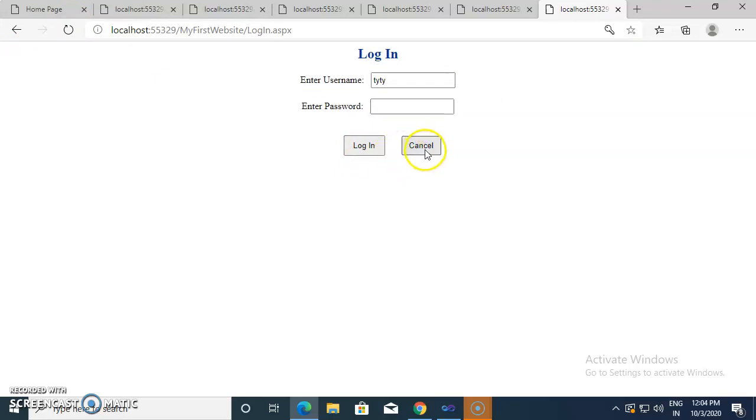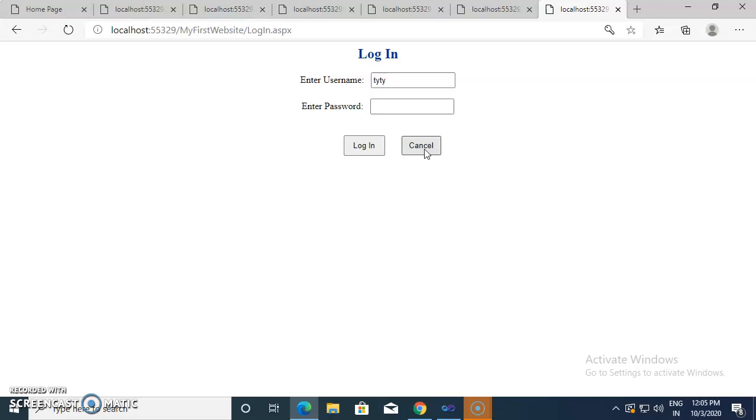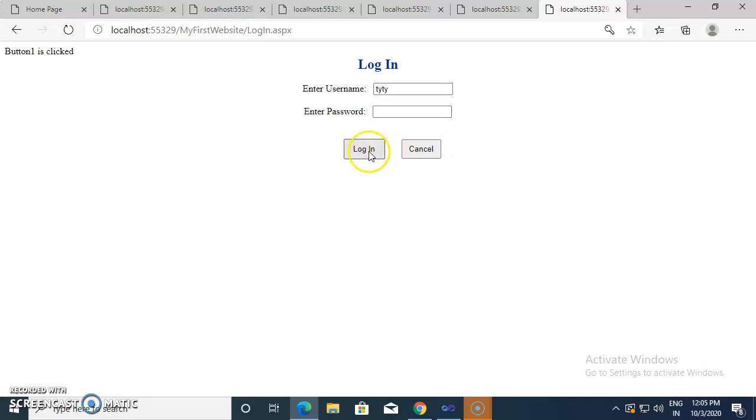If I click on cancel, nothing happens, but if I click on login, one message is displayed. We are not adding any code for the click of cancel, but we are adding code for the click of this Button 1.